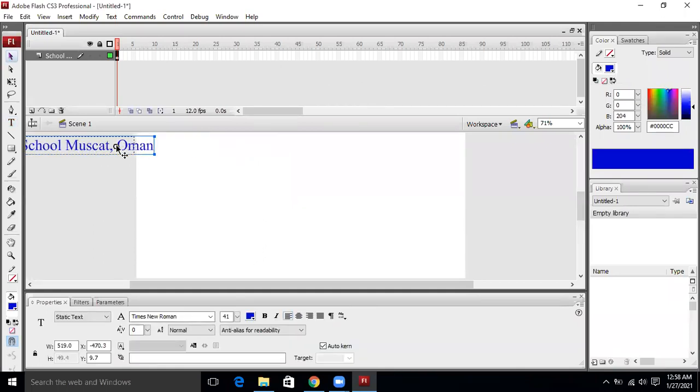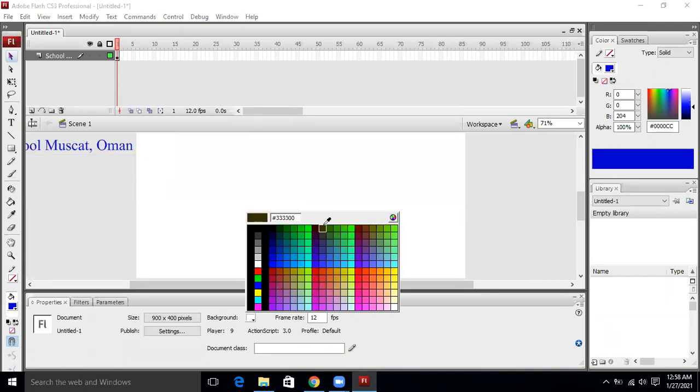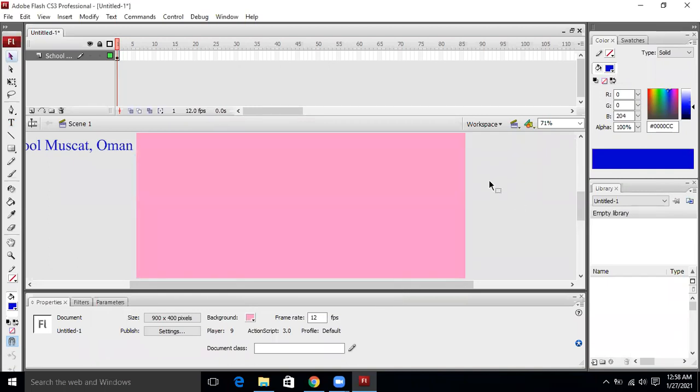Okay, we give one animation over here. We can give one animation in the text. If you want to apply some background color, so what we can do, we can take any good background color, whatever we want to take. It's up to us. It basically depends on our creativity.